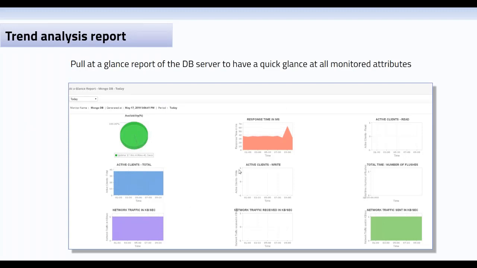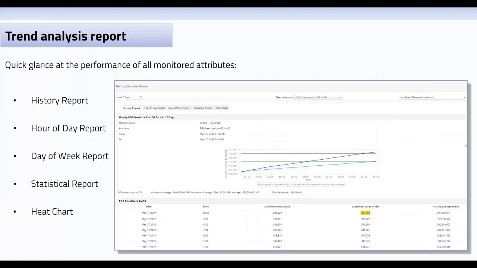So the trend analysis report is nothing but a quick glance of various attributes and their performance over the course of a day, a week, a month, or any custom time period. This basically allows us to compare the performance of similar applications. Assume we have two instances of MongoDB, both of which function on similar business services. So comparing these two instances of MongoDB can help us